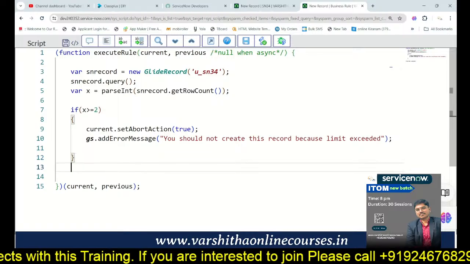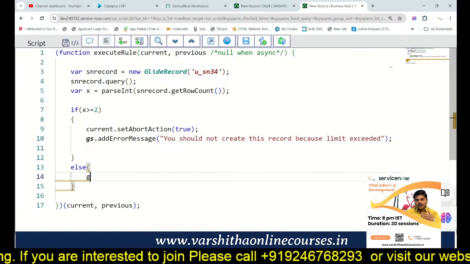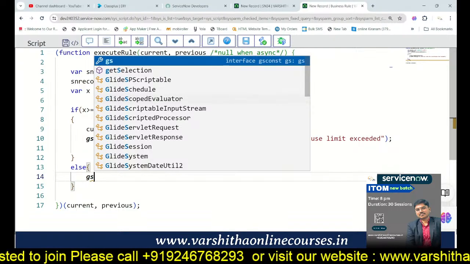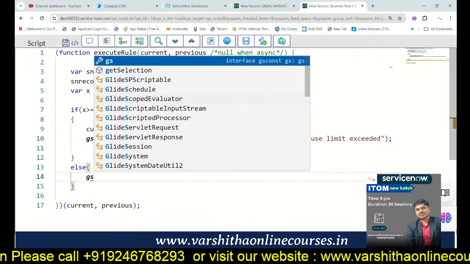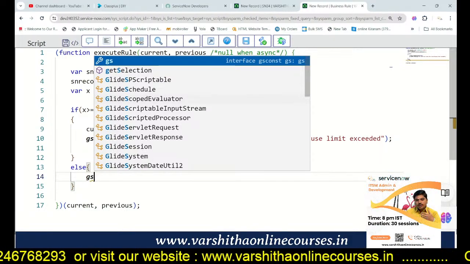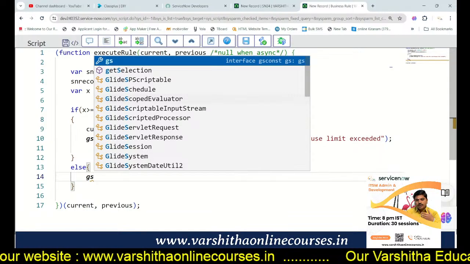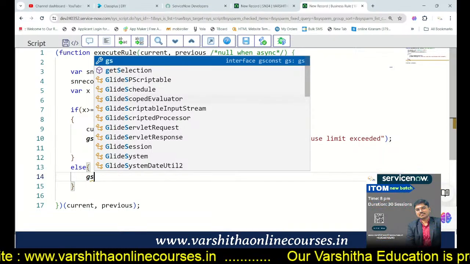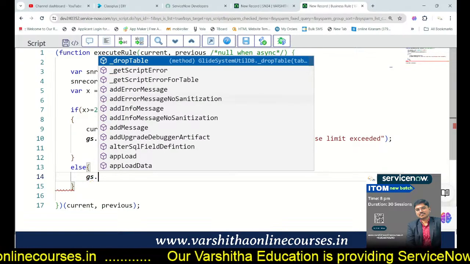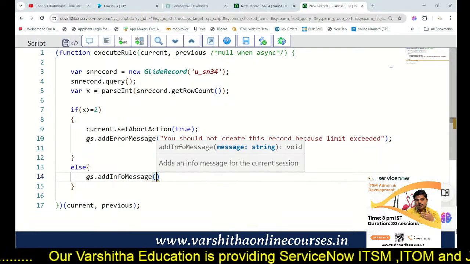And now let's move to the else condition. Now you can see that I'm not providing any abort action because I'm not restricting. If the condition is satisfied, then it will restrict the record creation, but if it is not satisfied, then we do not restrict. So that's the reason gs dot add info message, and in that info message,